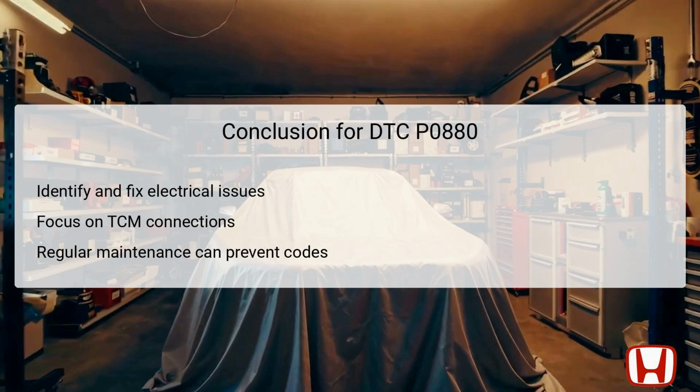Furthermore, maintaining the vehicle through regular inspections and diagnostics can forestall future occurrences of similar trouble codes. This proactive maintenance mindset not only reinforces the vehicle's transmission reliability, but also enhances the sensory experience of vehicle ownership. It highlights the importance of adapting a thorough and well-documented approach to vehicle diagnostics and repairs, especially for models like the Honda